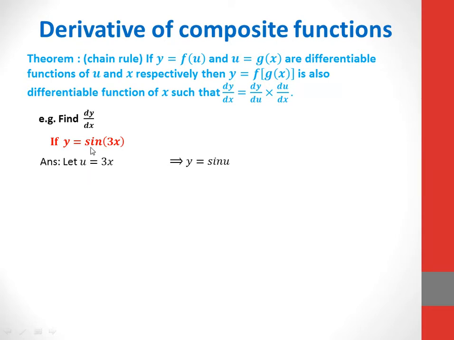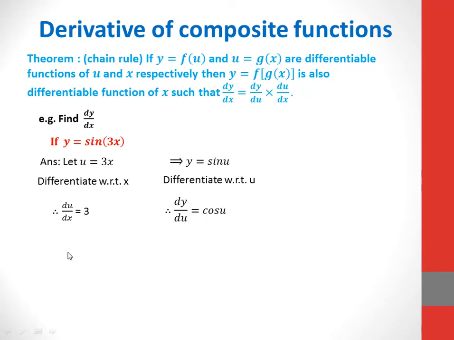So in detail you can understand like this. To get the derivative dy by dx, we have to take the derivative of u with respect to x. So differentiate with respect to x. So we get du by dx is equal to 3. You know the derivative of 3x: 3 as it is, derivative of x is 1. So finally the derivative is 3. Similarly, as y is equal to sine u, we have to differentiate y with respect to u. That's why we get dy by du as cos u, because we know the derivative of sine u is cos u.